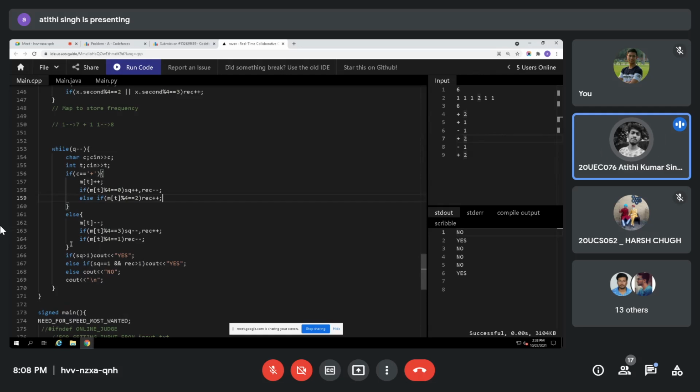I'm doing the opposite when I subtract. And I just check here that if I can make more than one square from here, then I output yes, or else I can make one square out of it. And more than one rectangle means there must be more than 2 sides which have at least length 2, so I can make at least one square and one rectangle. Then I can output yes, or else I output no. This was only the code. I don't think that if you know hashing, this should be easy for you. Okay, this much was the code.